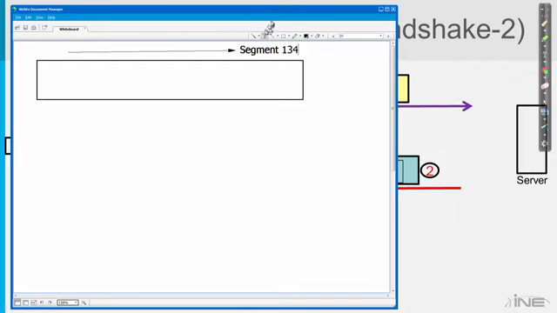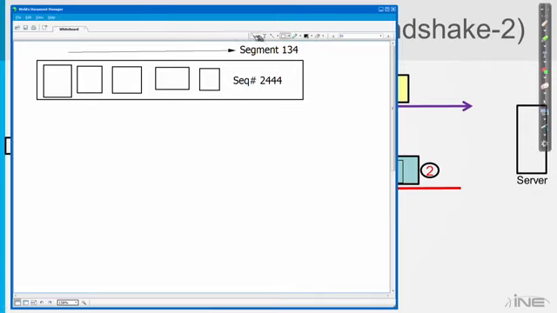It really doesn't matter, just have to put in some number. And let's say at the beginning of this, I have sequence number 2444. And then we'll make it small. 1, 2, 3, 4, 5 bytes in the actual body of this. So as TCP counts this, it's going to say, okay, that first byte I'm going to count as 2445,